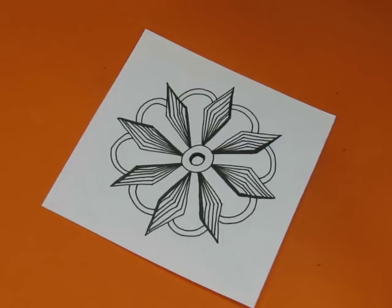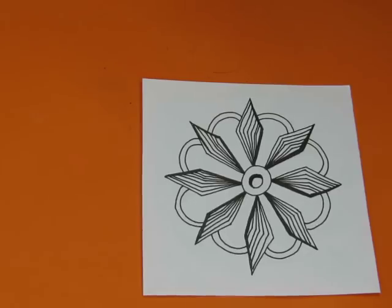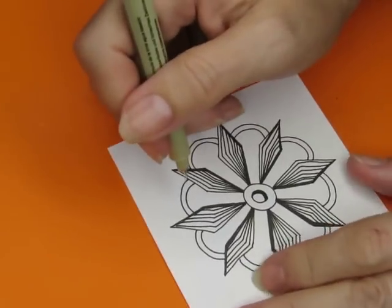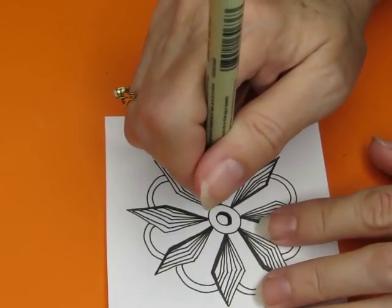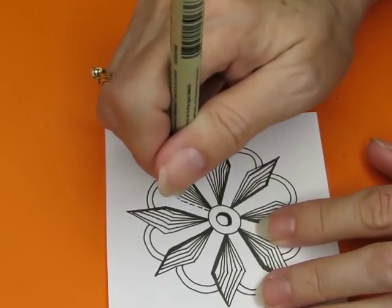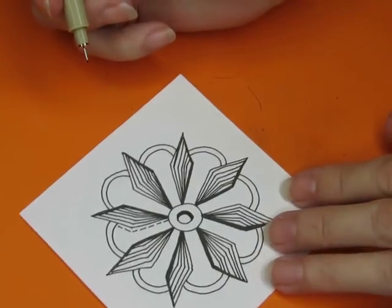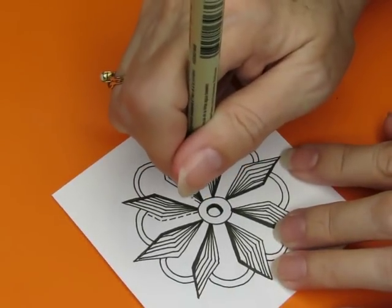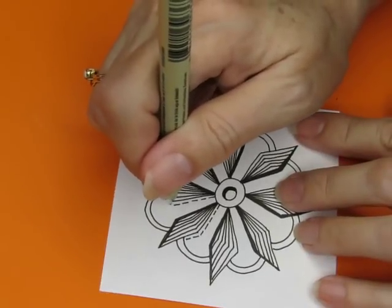So now I'm trying to decide what other embellishment I want to do. Do I want to, maybe I'll put some dashes. Why not? So yeah,